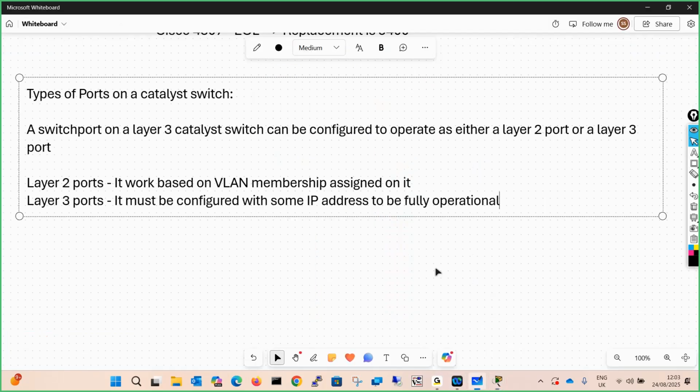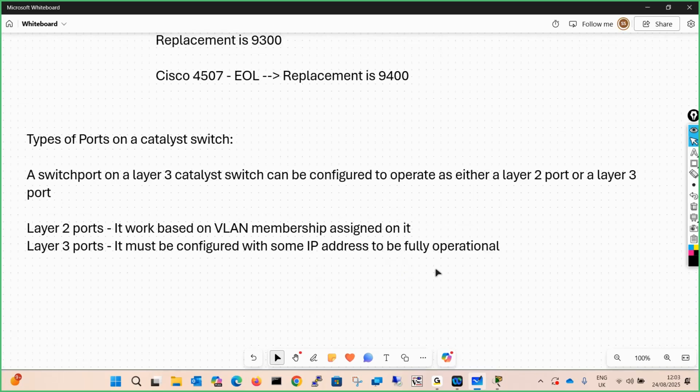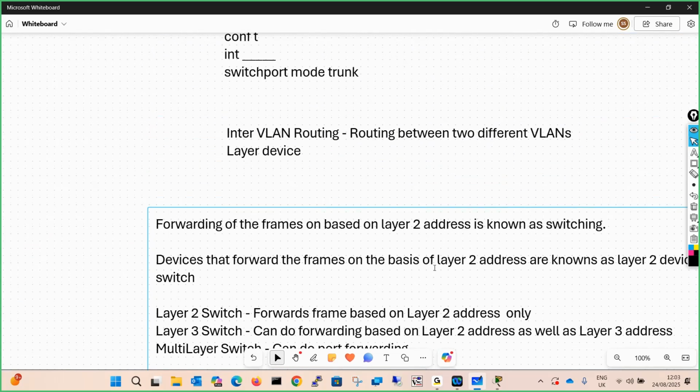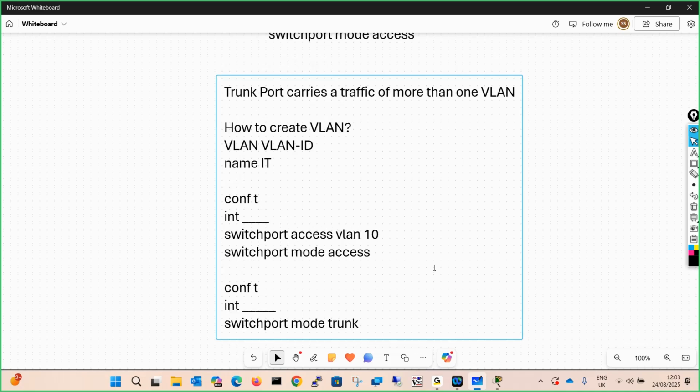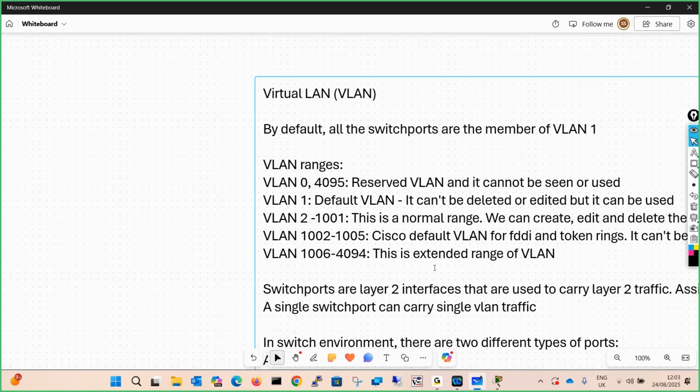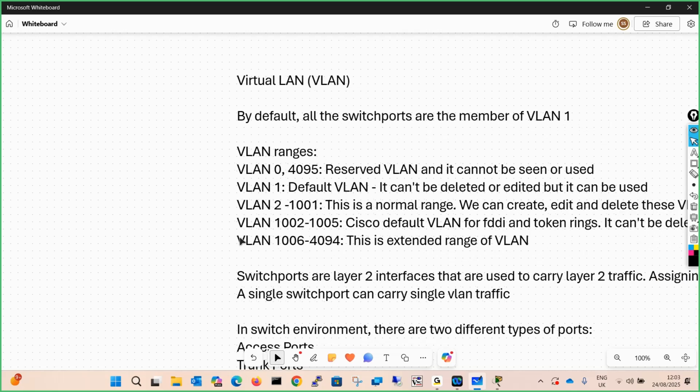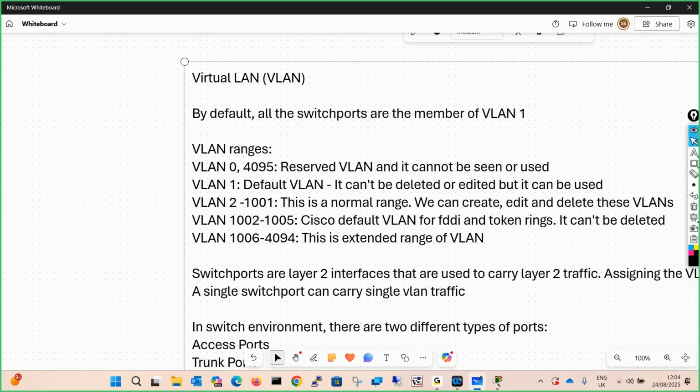Just try to recall, come to my board over here, where I have written something about the VLAN ranges, if you remember. VLAN 1006 to VLAN 4094 is the extended range of VLAN.